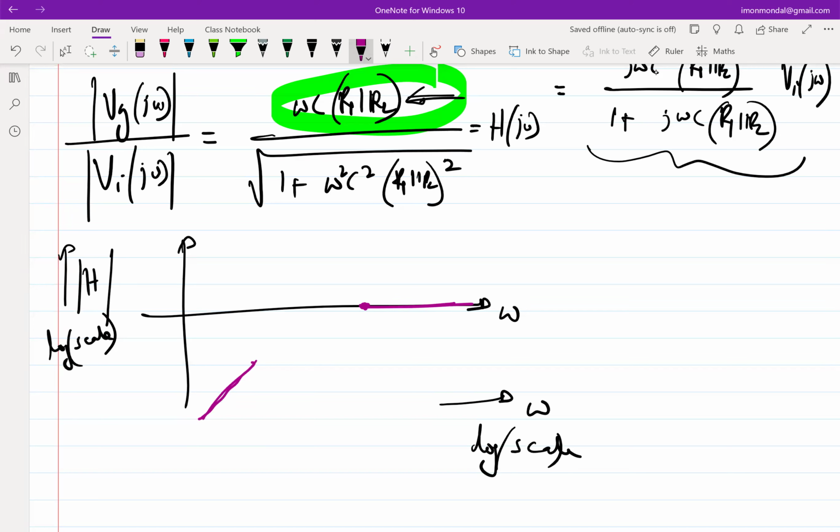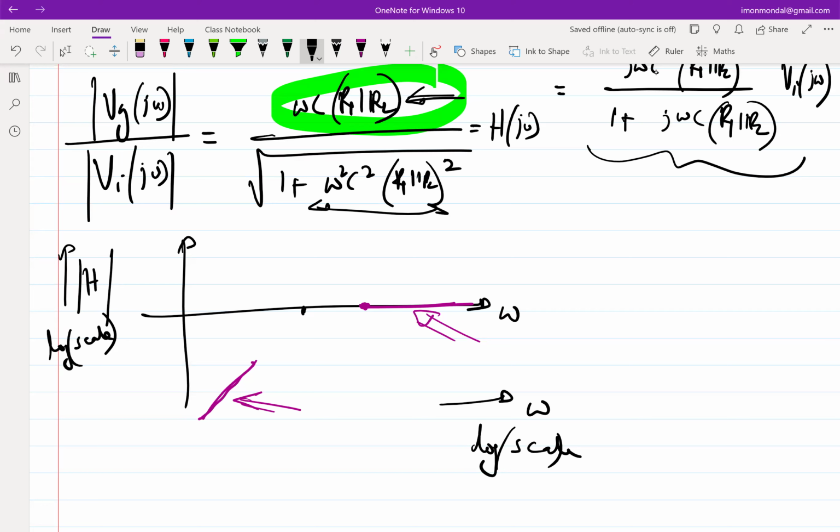When I say much lesser than or much greater than, this is at a very low frequency, and this is at a very high frequency. When I say very low or very high, again, it's with respect to something. It is with respect to when the denominator becomes negligible. The denominator is essentially 1 or omega square c square R1 parallel R2. So essentially the break frequency is